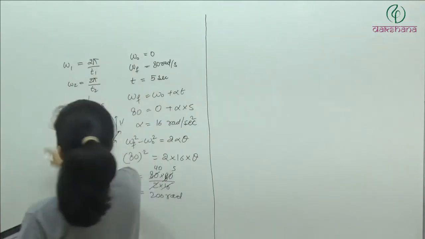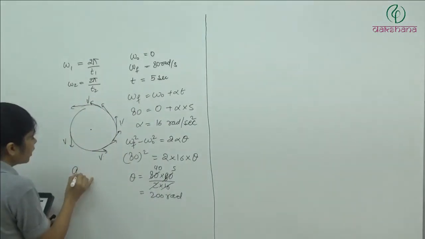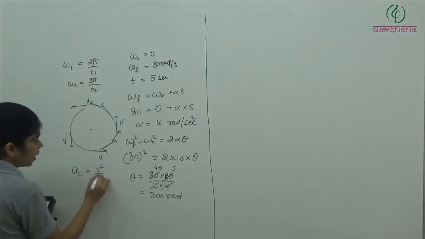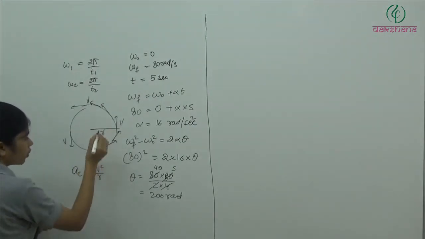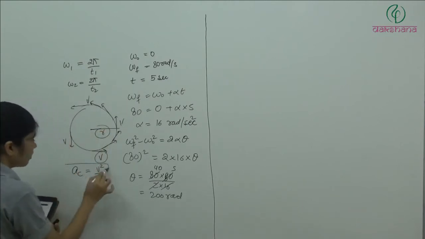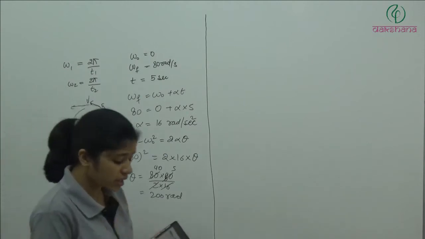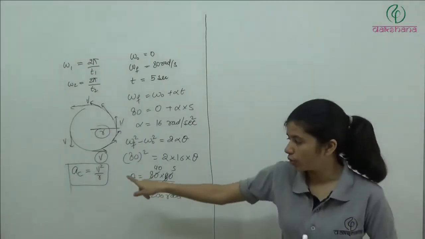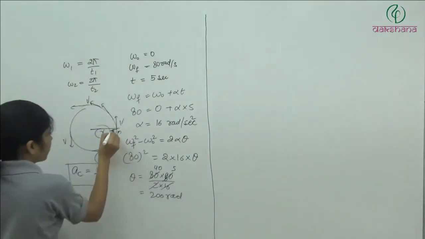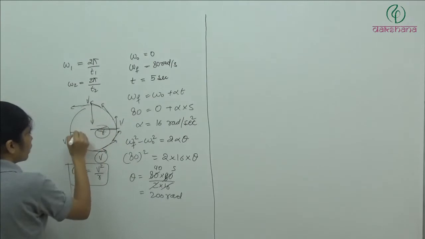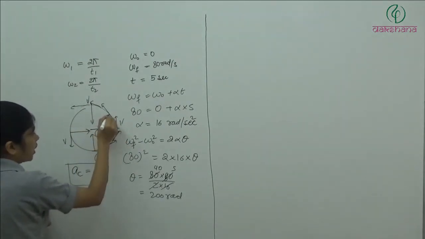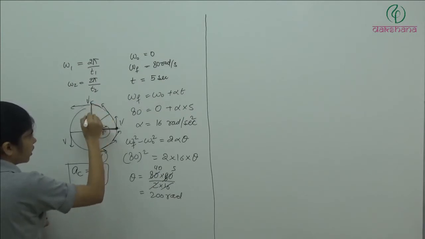But because we are moving in a circular motion, definitely we are going to have some centripetal acceleration, which will be equal to v square by r. And here r is constant in magnitude, v is constant in magnitude, so this will be constant. Centripetal acceleration is constant in magnitude. But if you see, centripetal acceleration is always towards the center. So at t equal to 0, acceleration was in this direction. At some t, it is in this direction. At some other t, it is in this direction.